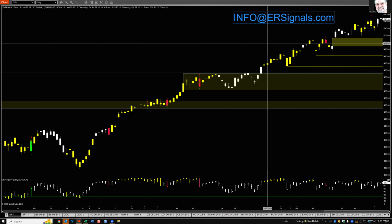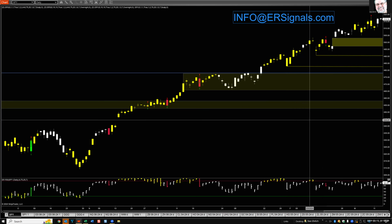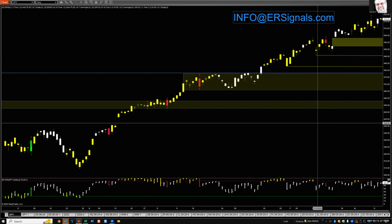Typically, the E-mini or the spider, essentially the same thing. The E-mini has only 1 hour of closing every day. The spider has many more hours of close. So gaps are different. Chart formations are almost always the same. Sometimes signals are a little different on the spider than the E-mini, but they are, of course, father and son, so to speak,